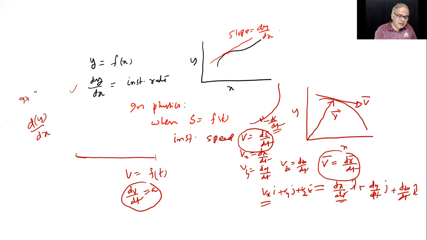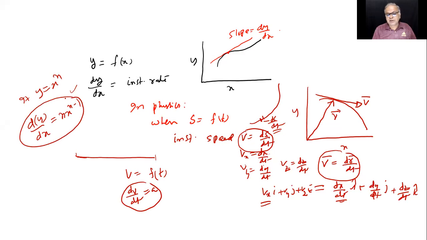If y equals x to the power n, dy by dx is what? n into x to the power n minus 1. So the summary is this. To find out instantaneous velocity or instantaneous acceleration, we require a general formula called n into x to the power n minus 1. And second thing is dv by dt is instantaneous acceleration, ds by dt is instantaneous velocity. When ds is displacement, dv is a change in velocity. But if it is d path length, yes, that is speed.